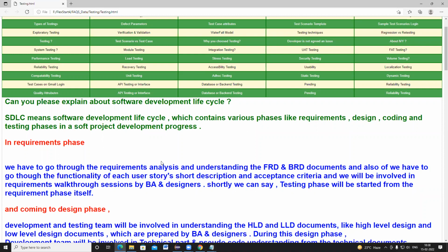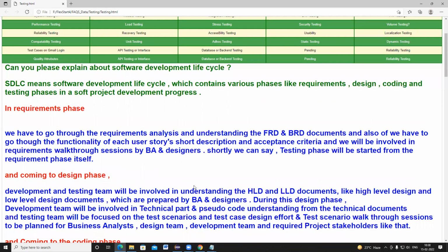Everybody in every single organization is using this particular SDLC and STLC and agile scrum methodology. Clear? Now SDLC means,